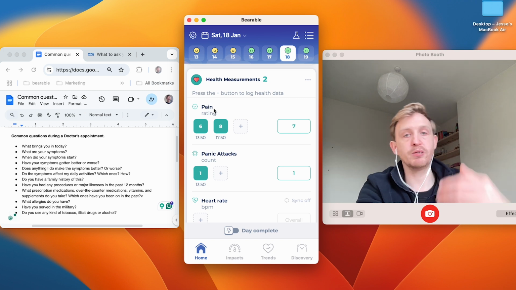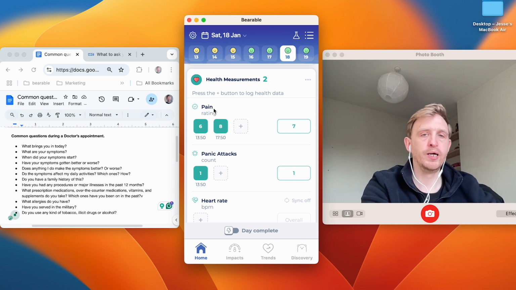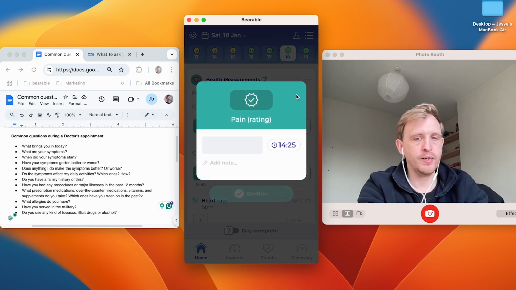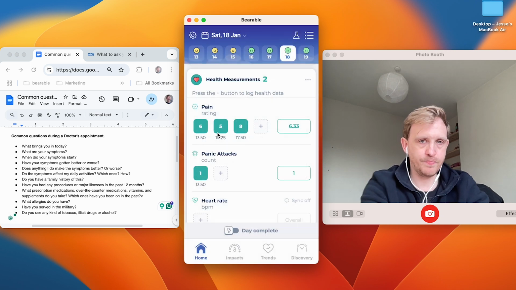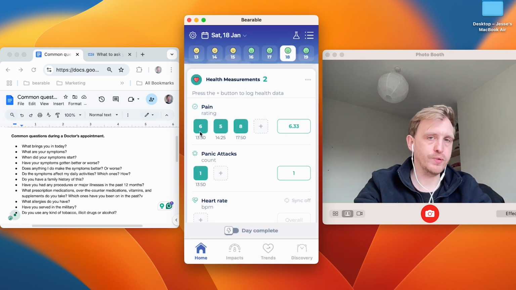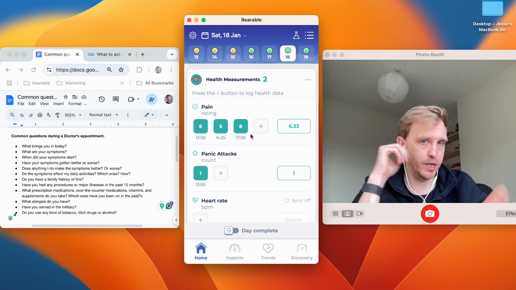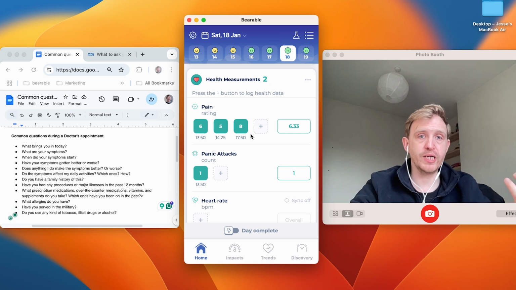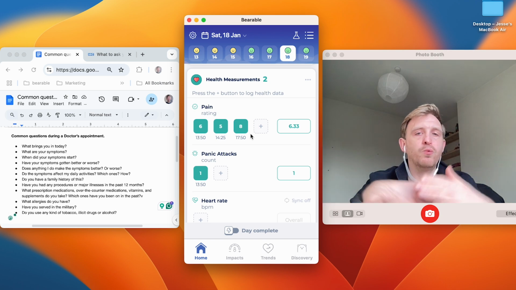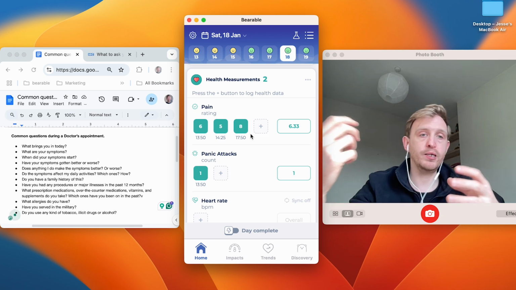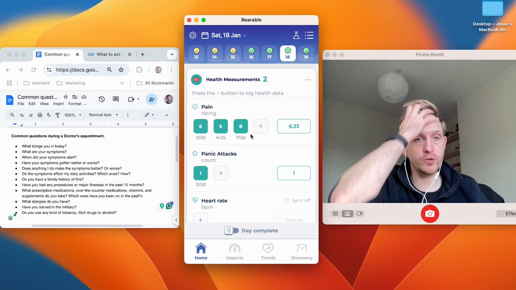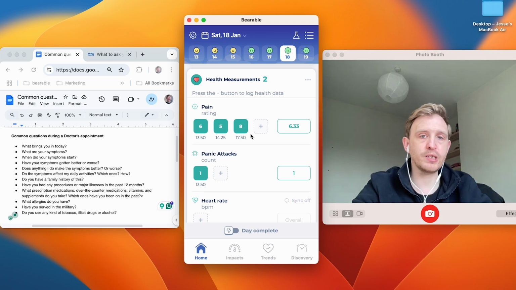For example, one of my symptoms is hip pain, and I'm tracking the severity of hip pain. I'm also using a 1 to 10 scale here to track how my pain score is throughout the day, whether it changes throughout the day. So I'm doubling up that symptom severity score with a more specific rating. So if a doctor wants to know on a 1 to 10 scale, how severe was your pain on a date or on average or over a period of time, this is one way to do that. So using their scale rather than using our scale.